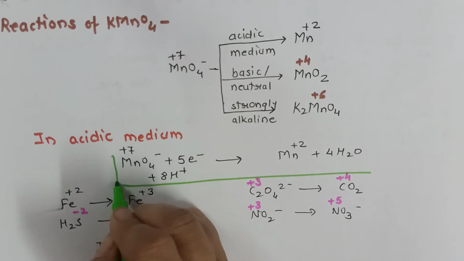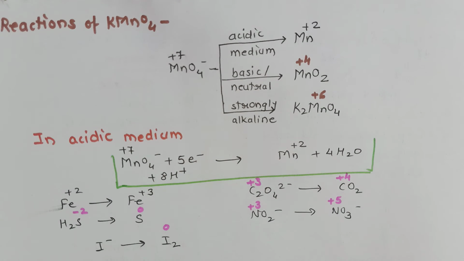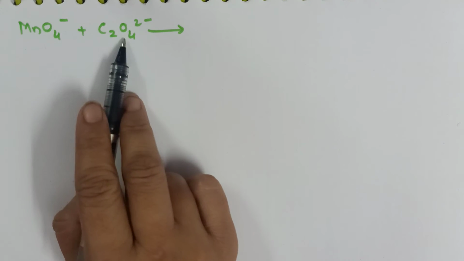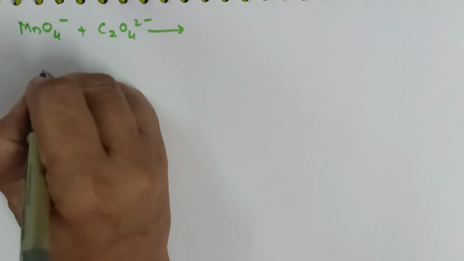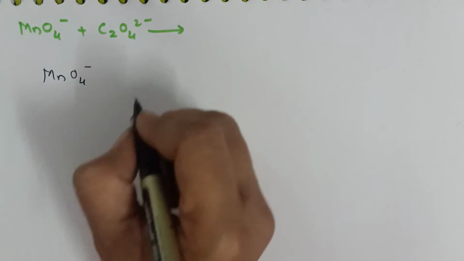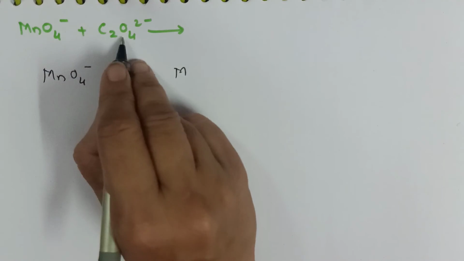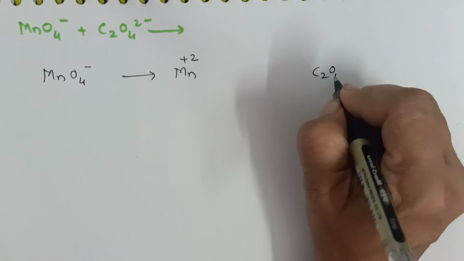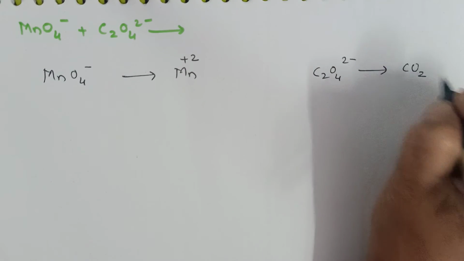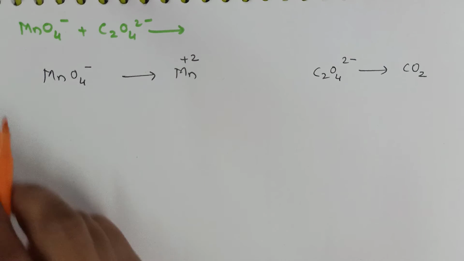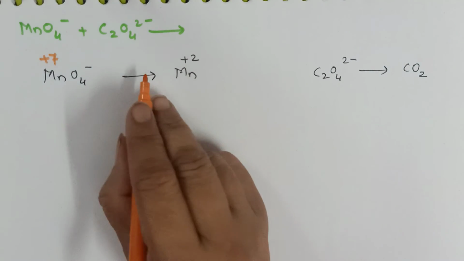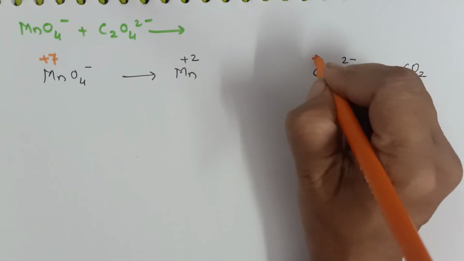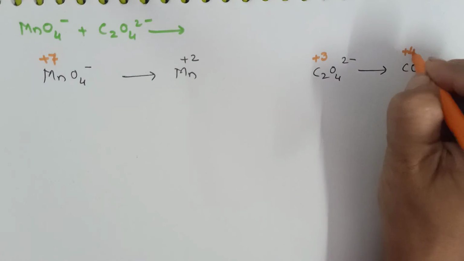So using this basic equation and these changes, we'll try to solve one balancing equation question. So this is your question. How does permanganate ion oxidize oxalate ion? Okay, so we'll begin. First of all, I know MnO4 minus in acidic medium oxidizes oxalate and gets converted itself to Mn plus 2. Oxalate ion gets converted to CO2. Oxidation state changes: in MnO4 minus, manganese is plus 7, here it is plus 2. In oxalate, that of carbon is plus 3 and here it will be plus 4.